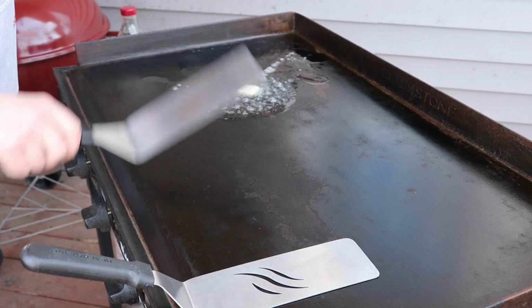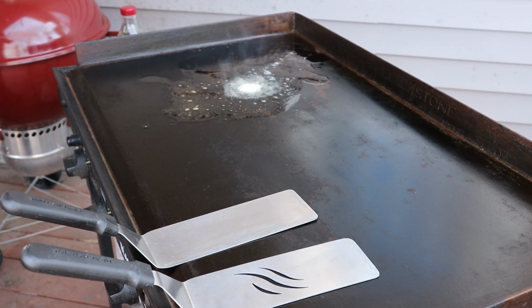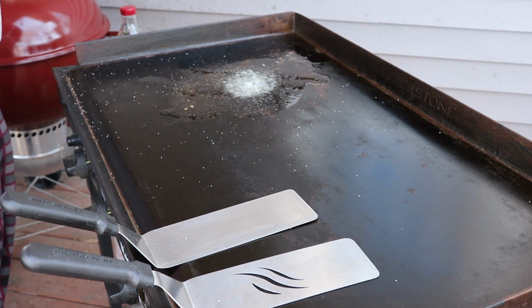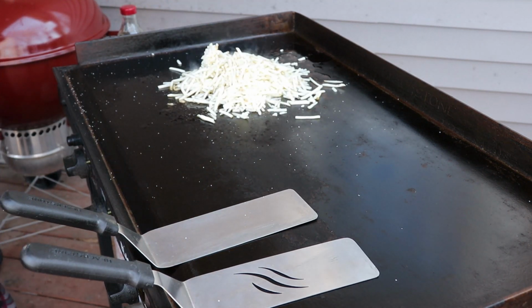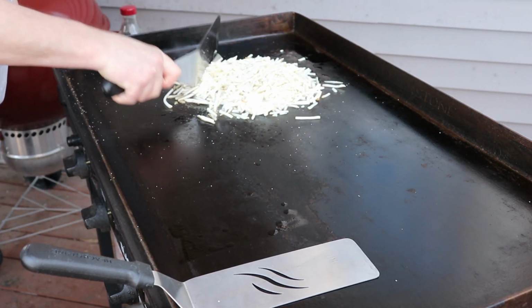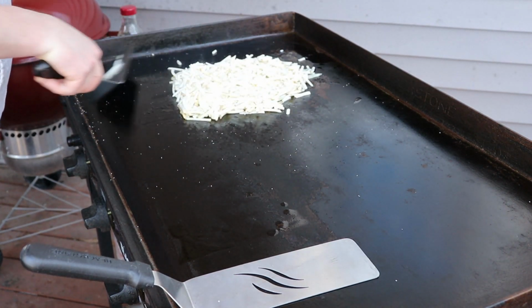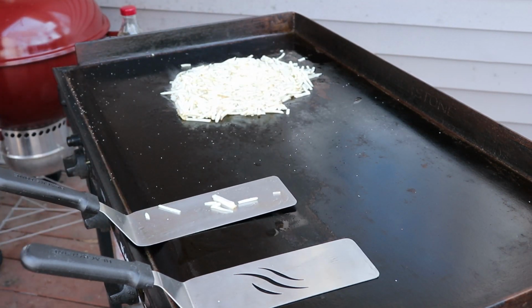And right in the middle, we're going to start our hash browns. That's where we're going to start today. So we'll get our frozen hash browns. Yeah, we're cheating. We're going to eat the frozen hash browns. Why not? They are delicious. So, it's windy out here. A little bit of salt. And get a little pile of hash browns, like so. Those on there. Get them into a little circle like that, and we will add our